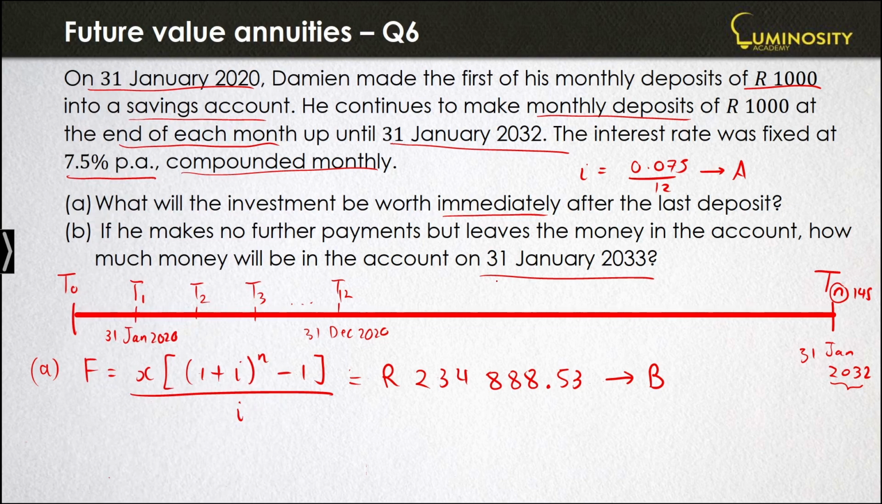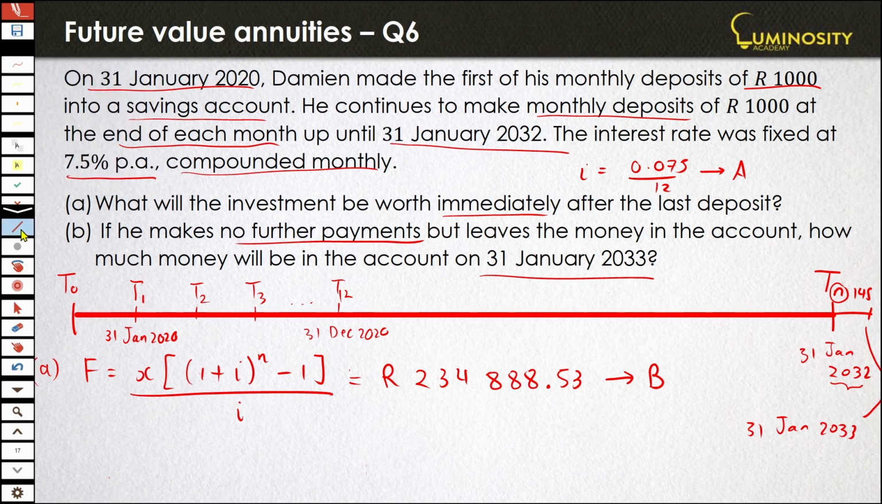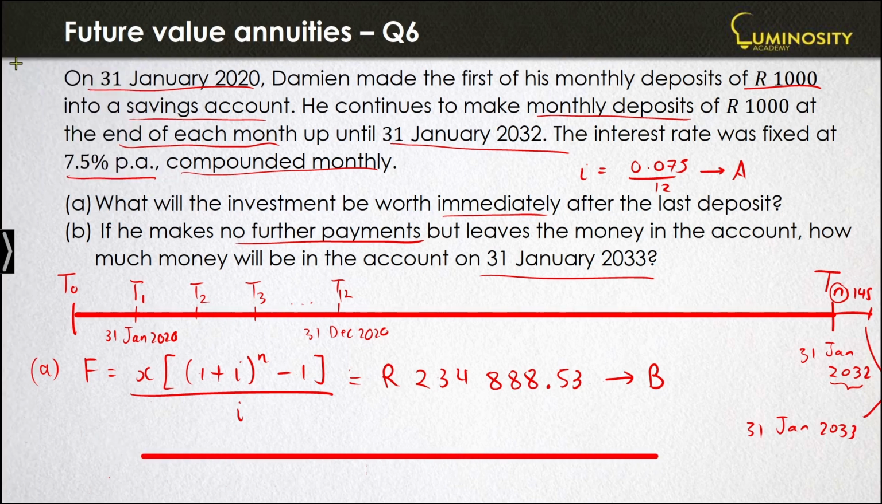All right, so if he makes no further payments, the money in B is now just sitting there, and he just lets it sit for another year, from 31 January 2032 to the end year, which is 31 January 2033. Again, we can do another number line to visualize how many months that is going to be. So that's going to be your T0, T1, T2, all the way up to T what? Okay, T0, currently he is sitting with that value of B. So after 1 month,